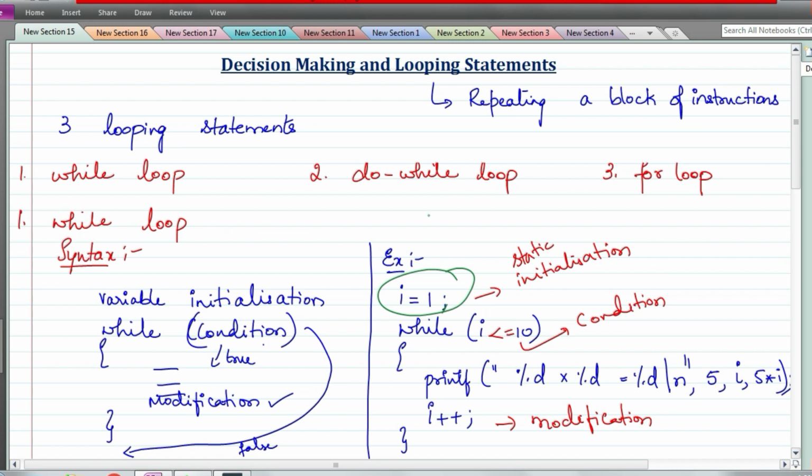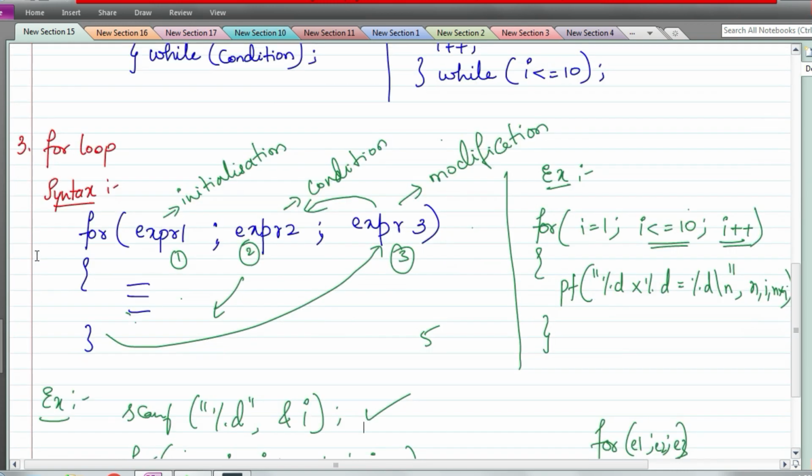I have already uploaded a video in which I have given example programs for loops, where we have printed some triangular patterns of stars or numbers. So how to print triangular patterns, for that there is a for loop. Using a for loop I have done the programming. The video is already uploaded on YouTube, and I am going to put that link also in the description. So immediately after this class, make sure you watch that video as well. Don't skip it. That is going to be example programs for loops.